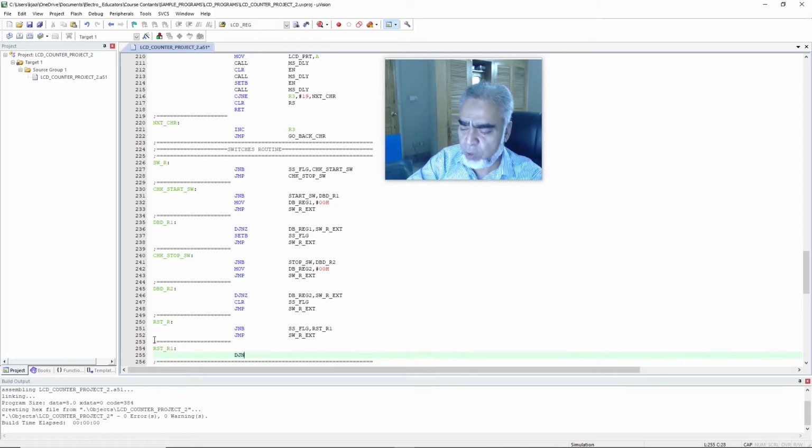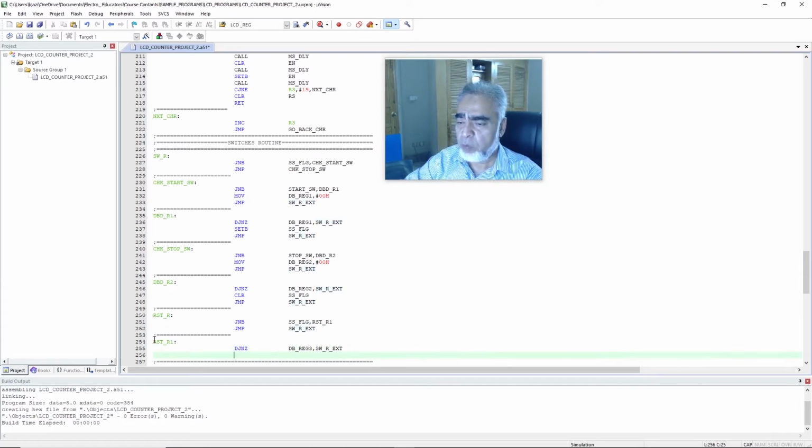So we will write that is decrement jump not 0 DBREG3, comma switch routine exit. But if the value of the debouncing delay register 3 will be 0, then our program will come to the next line, and here it will move the value that is 00H to all 3 digits, that is unit digit, 10 digit and 100 digit, and here we will write that is move